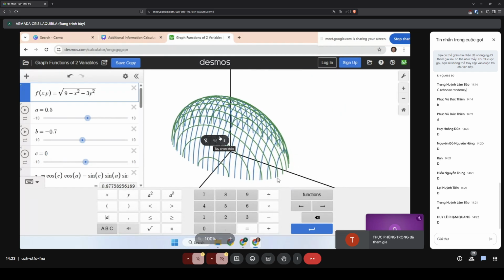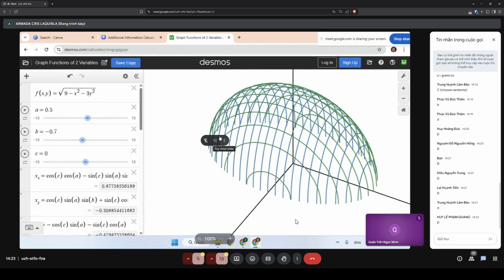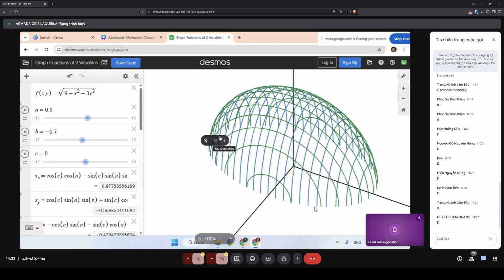Oh, yes. This one, class, is the domain here at the bottom part. So this one is really enclosed by an ellipse. And you got the correct answer. The answer is letter D. Okay, that's it. Next we have